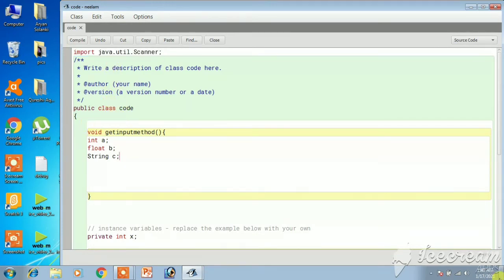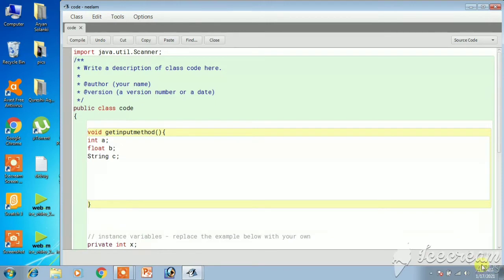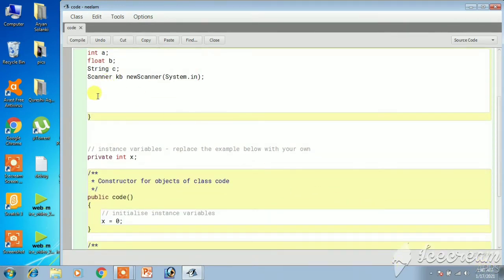After declaring the variables, I told you to write Scanner KB = new Scanner(System.in). You have to write this once. Then after that